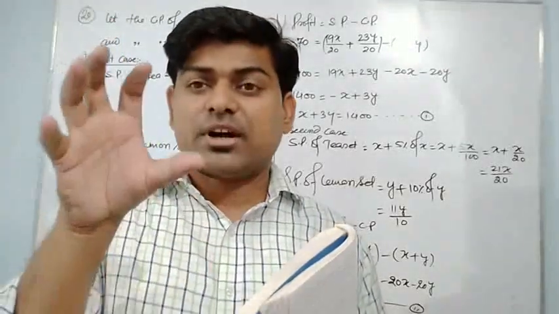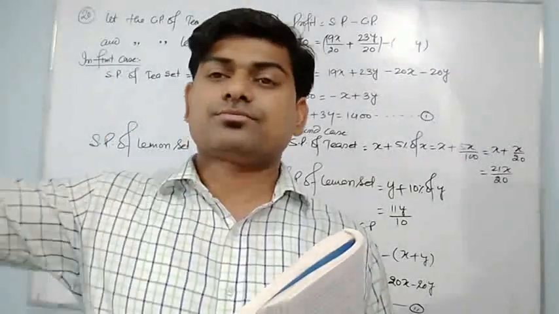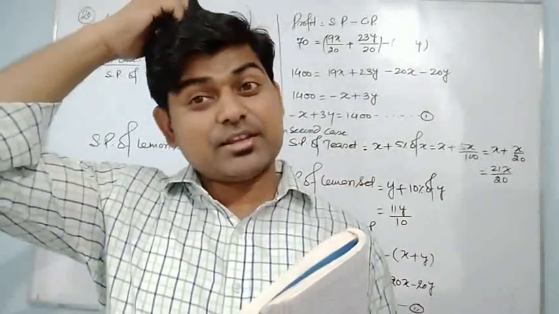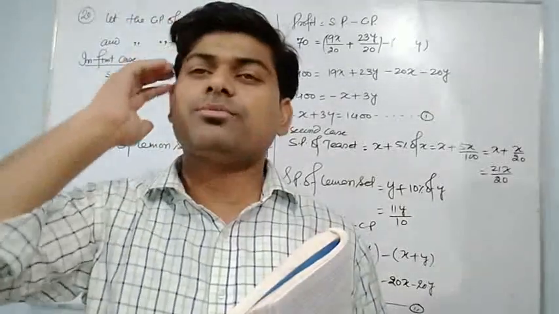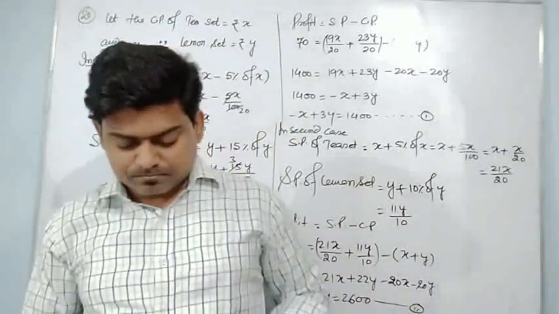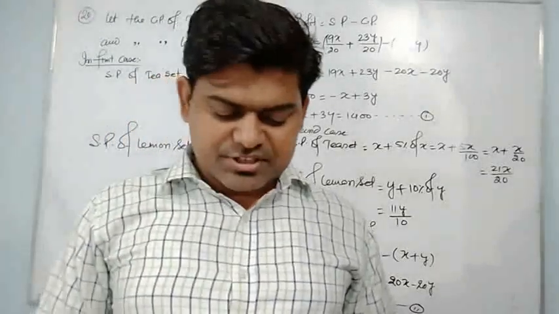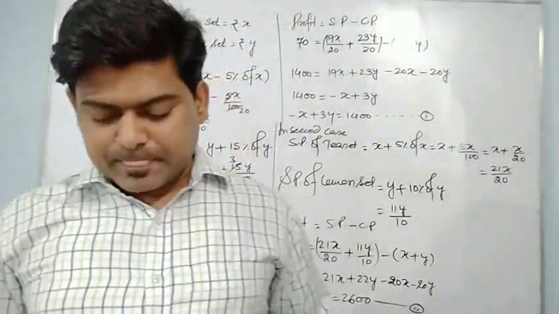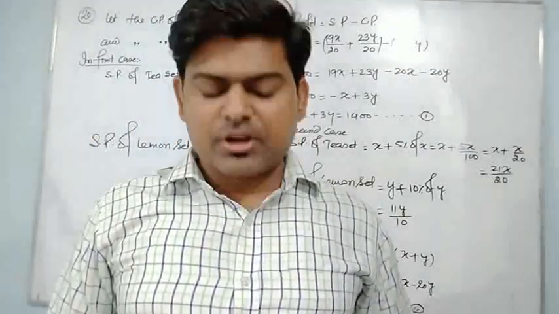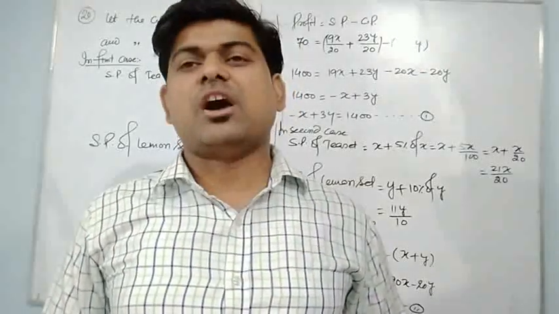Now that X plus 100 is 75% of Y minus 100 according to the question. It's given, it is 75% of the left money with B. But what B said, side by side, at the same time B said to A, instead, if you give me 100 rupees, your money will become 40% of my money.